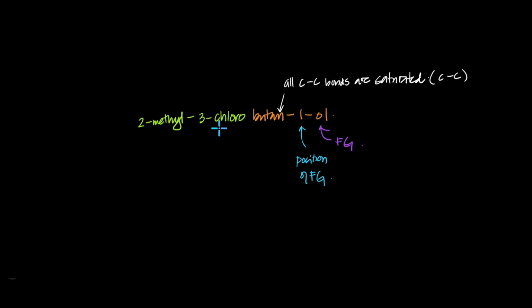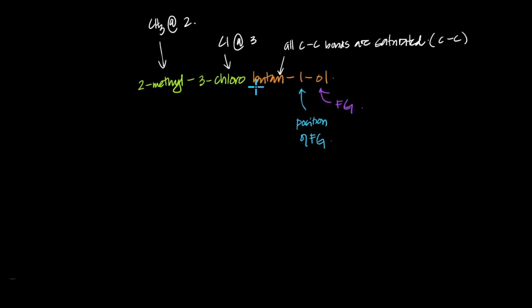And then you have 3-chloro. So then you have 1 chlorine at position 3, and you have a methyl group at position 2. And all the positions are relative to the position of the functional group. So this fellow would be a "but", which means 4 carbons. So I have a 4-carbon compound where the purple FG is, I've drawn it right here, it's on the first